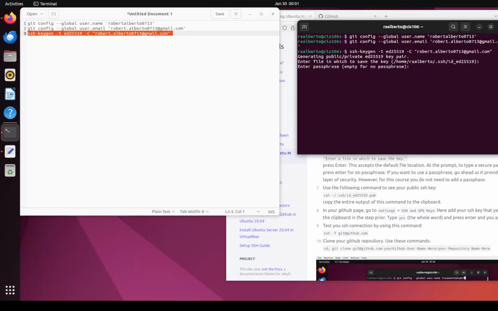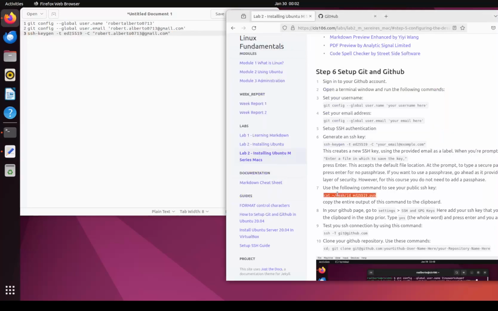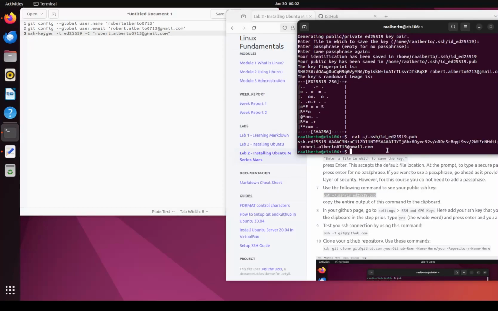This is the location of our SSH key. We're not gonna use a passphrase for now. This is a testing account, no biggie. But in production, I suggest you use a passphrase. Now, we're gonna copy this command over here to display our SSH key on the screen. We're gonna copy this key,